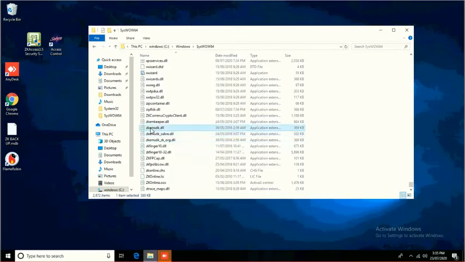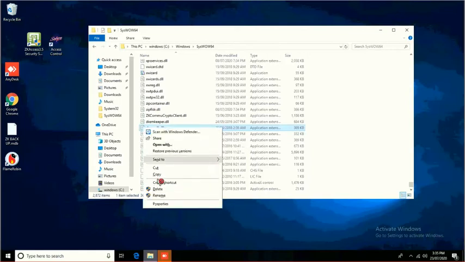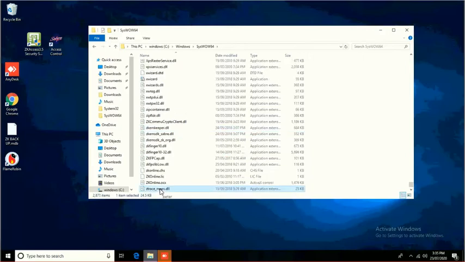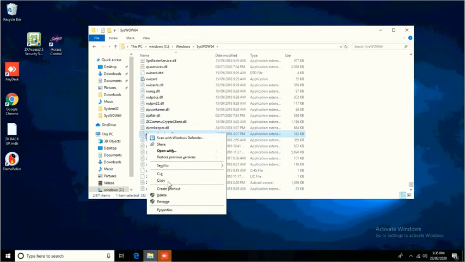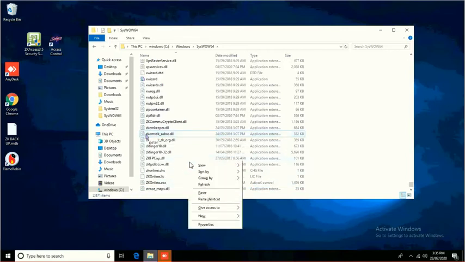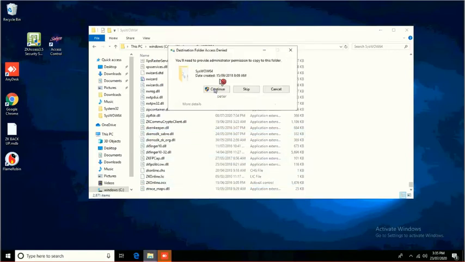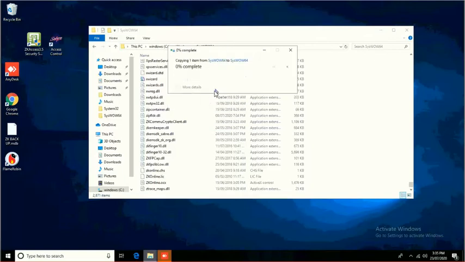So what I'm going to do now is I'm going to delete this one, which is the one that we're using at the moment. Just delete that. Okay, now I'm going to take the Sabre one, when it allows me to. I'm going to copy that, and I'm going to paste it. And then, just to be safe,